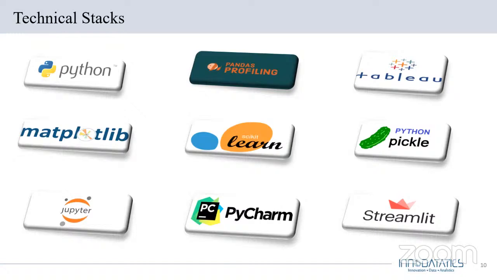We have used PyCharm, a dedicated Python integrated development environment, providing a wide range of essential tools for Python developers, tightly integrated to create a convenient environment for productive Python web and data science development. Lastly, for model deployment purposes, we have used Streamlit. It's an open source app framework. It helps us create web apps for data science and machine learning in a short time. It is compatible with major Python libraries such as sklearn, pandas, matplotlib, etc.